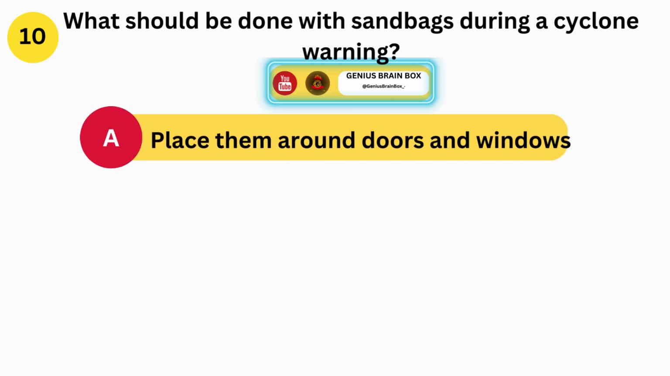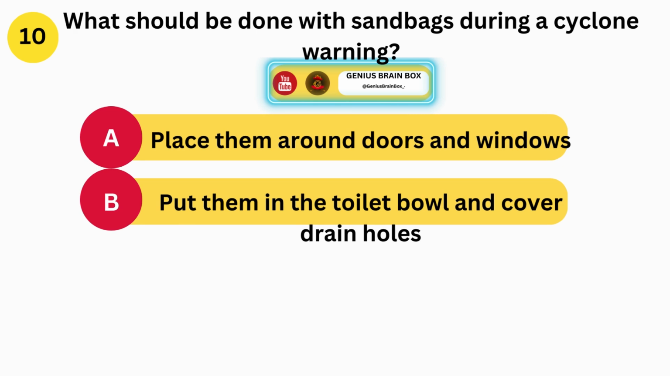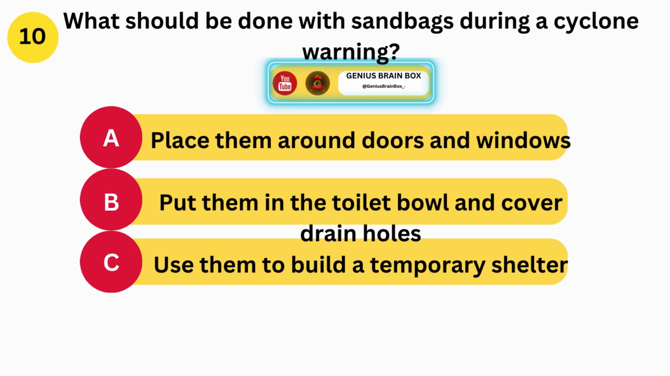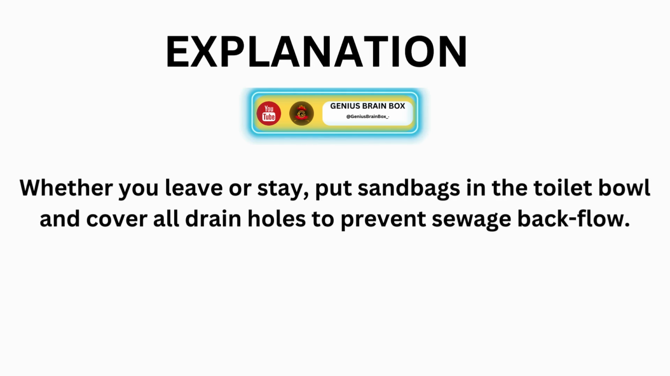What should be done with sandbags during a cyclone warning? Option A, place them around doors and windows. Option B, put them in the toilet bowl and cover drain holes. Option C, use them to build a temporary shelter. Correct answer is... Explanation. Whether you leave or stay, put sandbags in the toilet bowl and cover all drain holes to prevent sewage